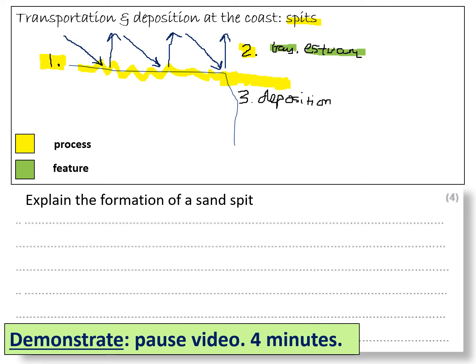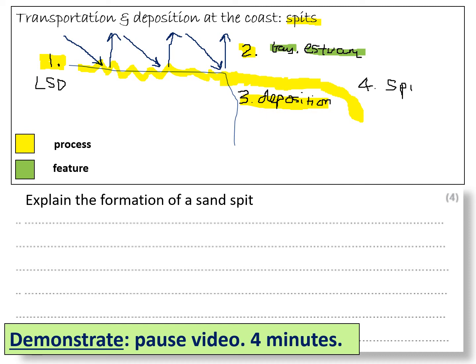So our first process was longshore drift. Our second process was the coastline changes direction, but the feature was a bay or an estuary. Then point 3 was this essential process of deposition, where the sediment gets dropped off out at sea. Then what happens is the spit starts to form and the end of it becomes curved. So here's point 4. So we have a spit